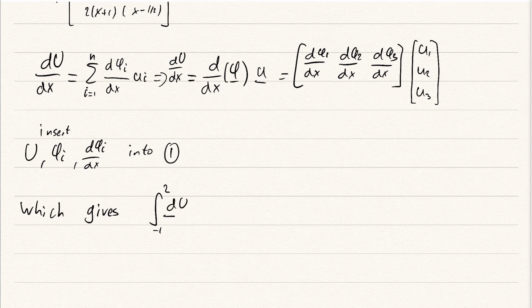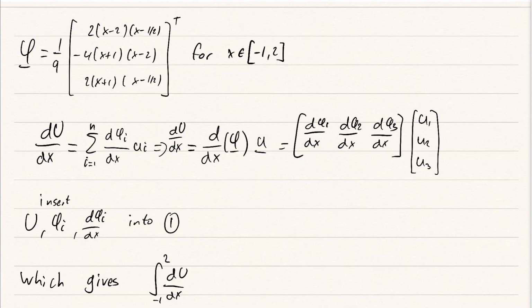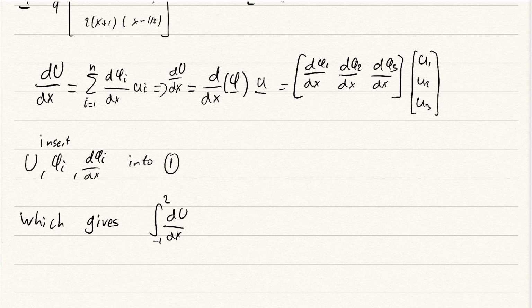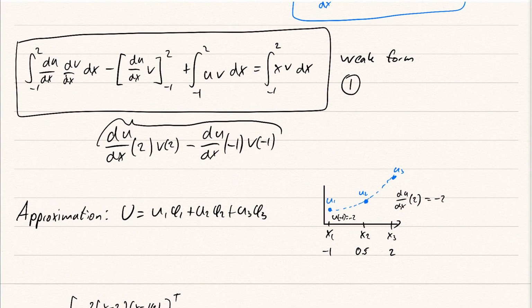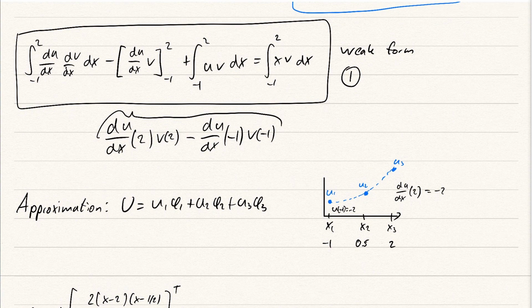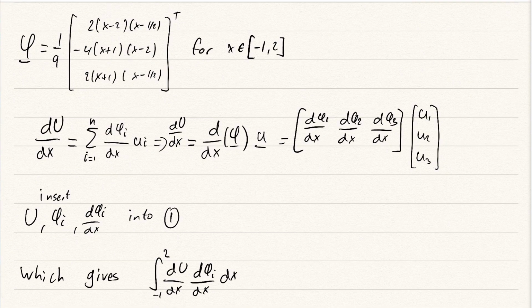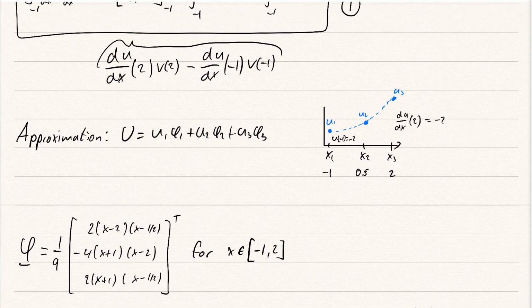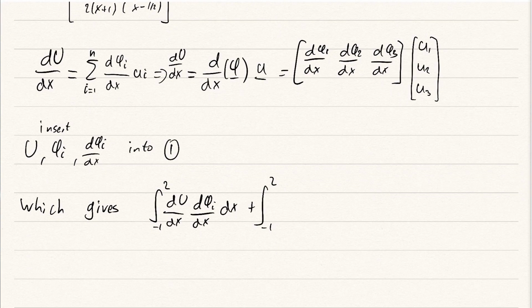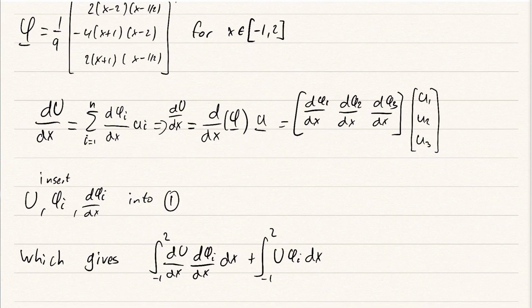So we have dU/dx, which is a scalar, multiplying dv/dx, which is dφi/dx, dx, and then I'm going to move that to the other side. So we have plus this integral, uv, and that's just capital U times φi dx, and then this is equal to